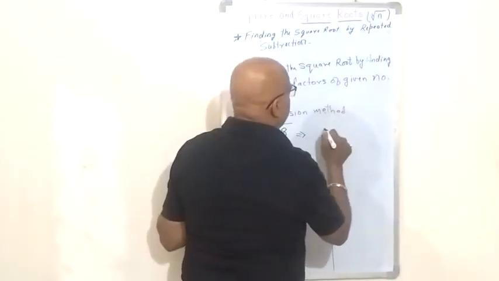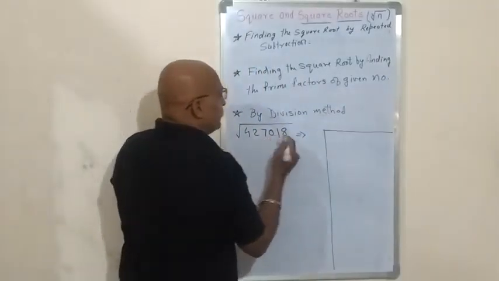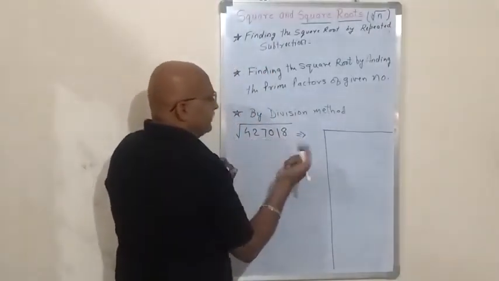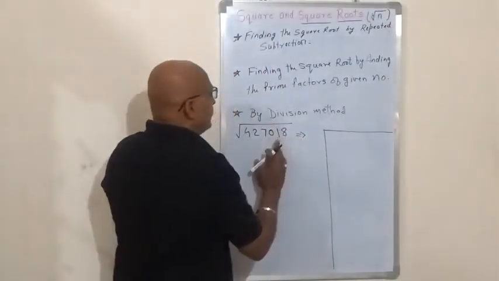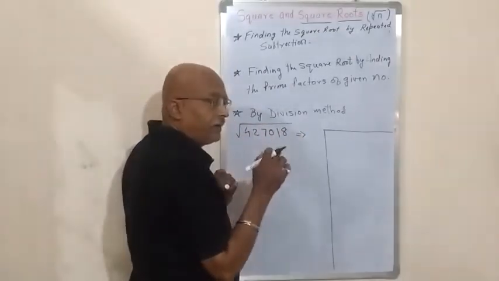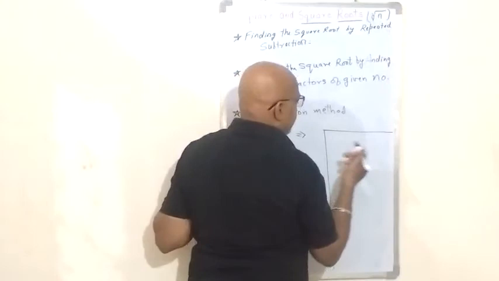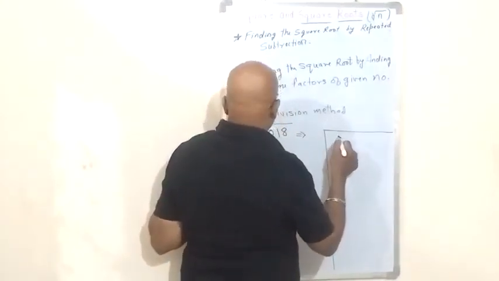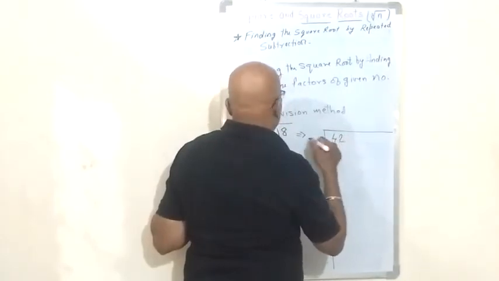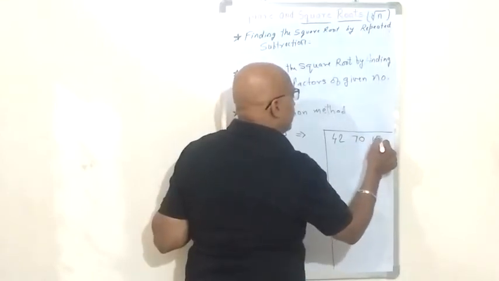Here like this. Now I will divide this in the pairs of 2. So starting from opposite, as there are 6 numbers, so 3 pairs obviously. If it is a 5 digit number, then the pair of 0, 1, 2, 7 and 4 will remain alone. That is only 4. So we can add 0 in front of 4 in that case. But here it is not essential. So here we have 42, 70, 18.